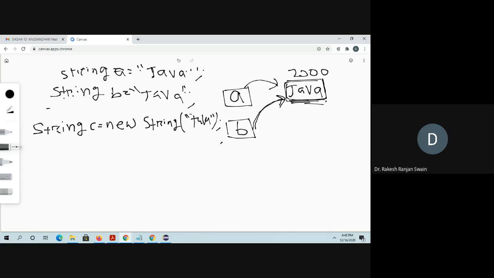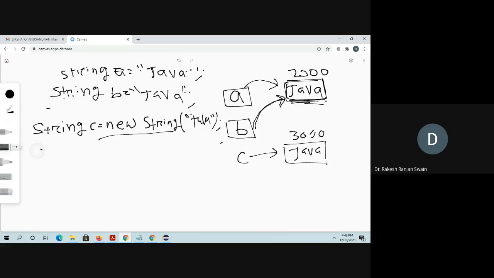So here what happened? Whenever I am using a constructor, each time a new memory location is created. That means Java's memory location is 3000. C will store the address.